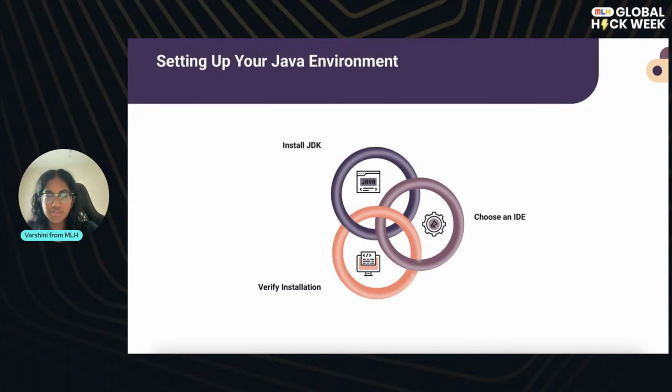So we're going to go to the Oracle JDK website. I'll post the link for this in the chat. Regardless of what user you are, you can go to this link.